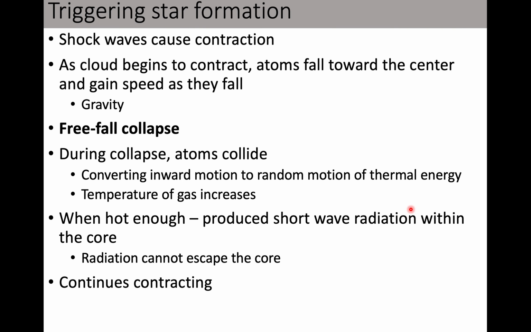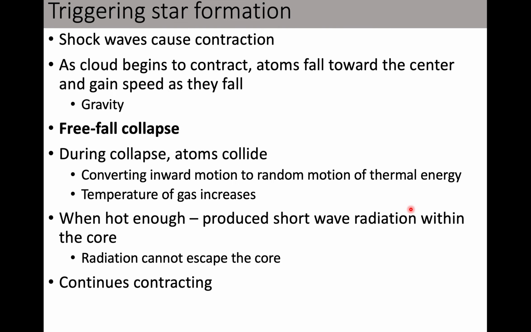So what's happening is the shock wave or the spiral arm of the galaxy is causing that contraction, causing that compression. So the cloud of gas will start to contract, and all the atoms and molecules will start to fall towards the center. As they start to fall towards the center, gravity takes over, and they'll gain speed